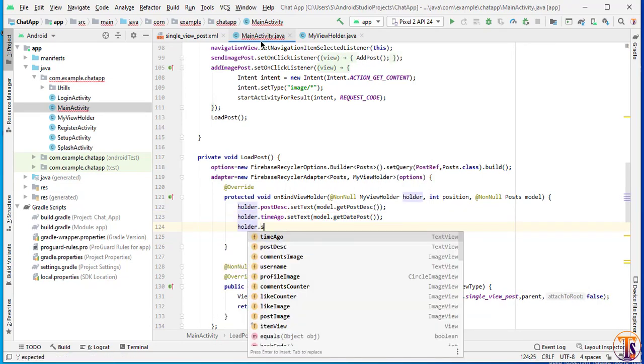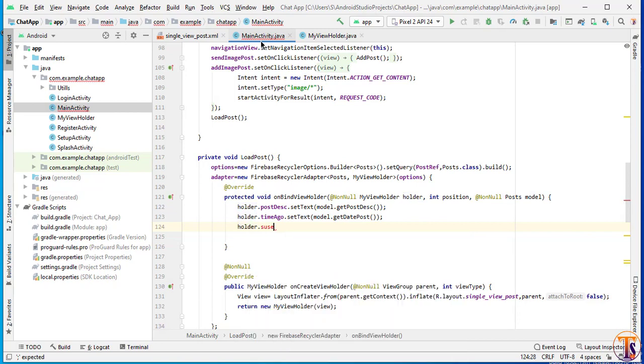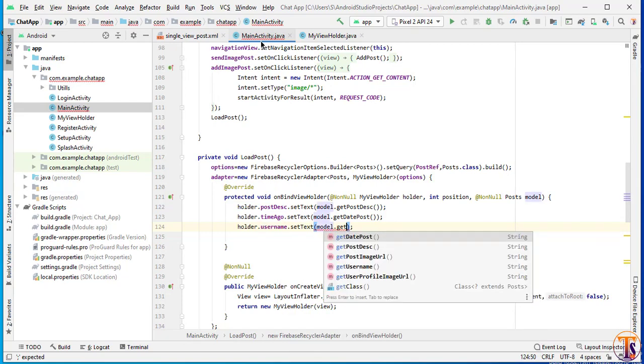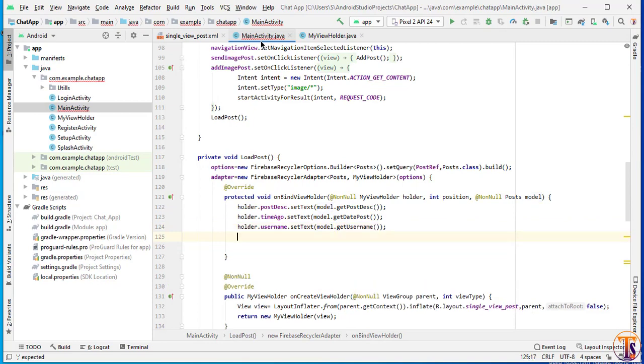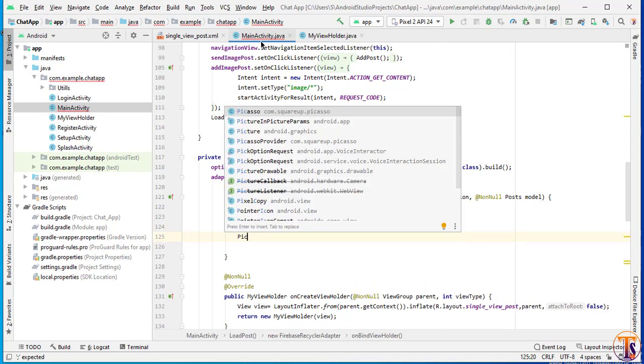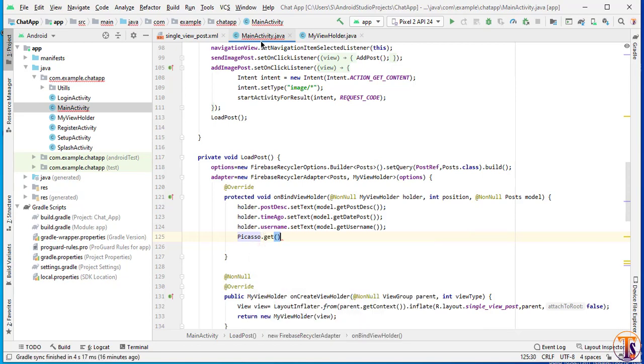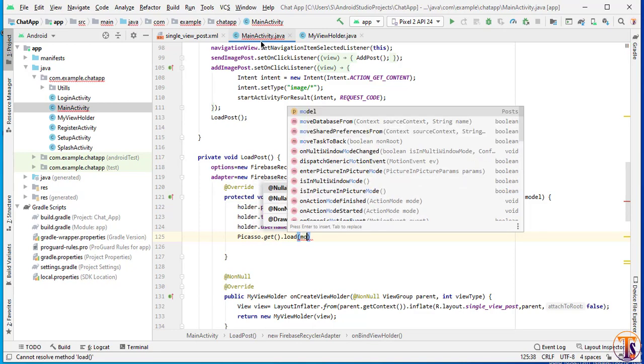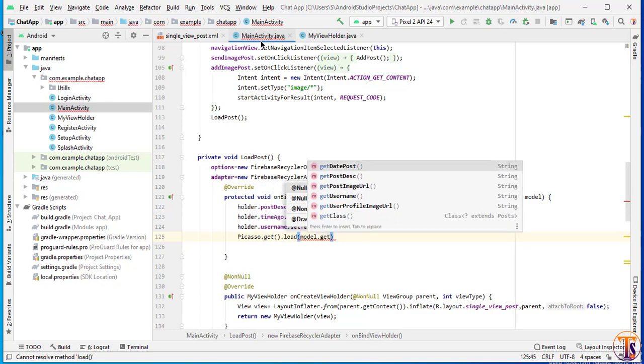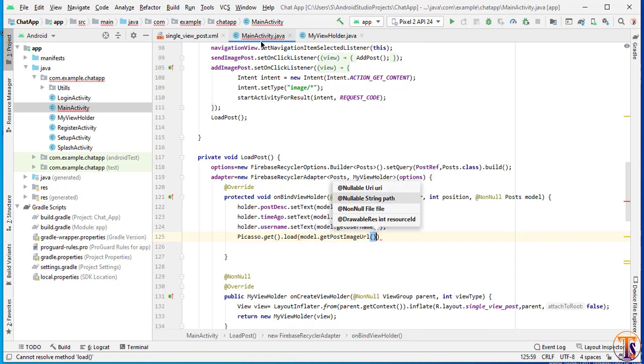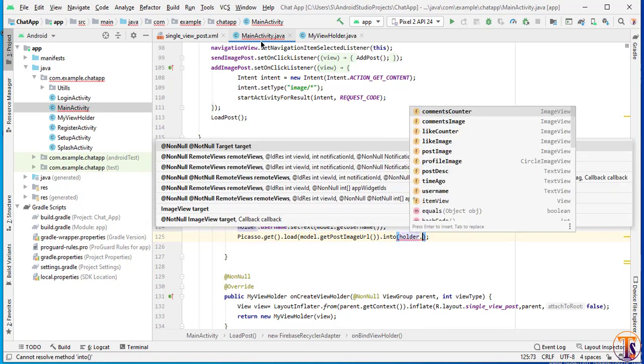Holder dot username dot set text. So model dot get username. Okay, now we will use the Picasso library to assign the images. So Picasso dot get dot load, here we will load the images. So model dot get post image URL dot into, so holder dot